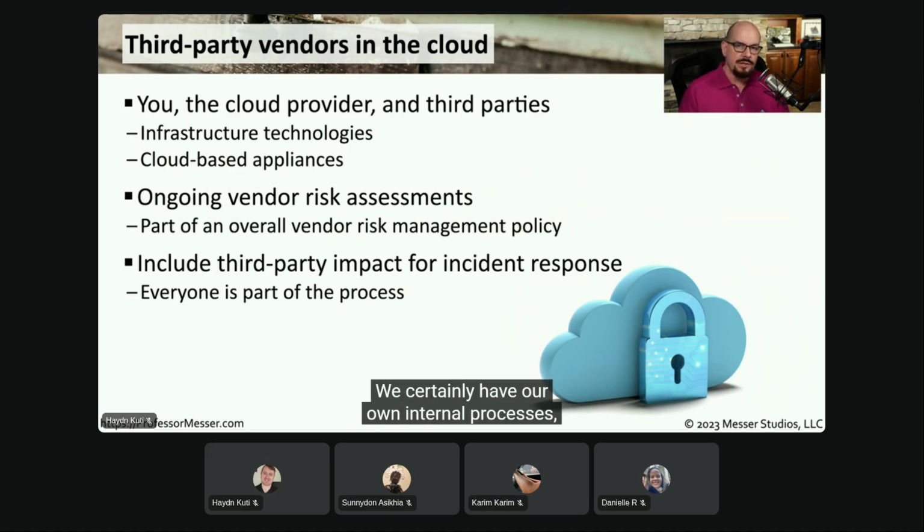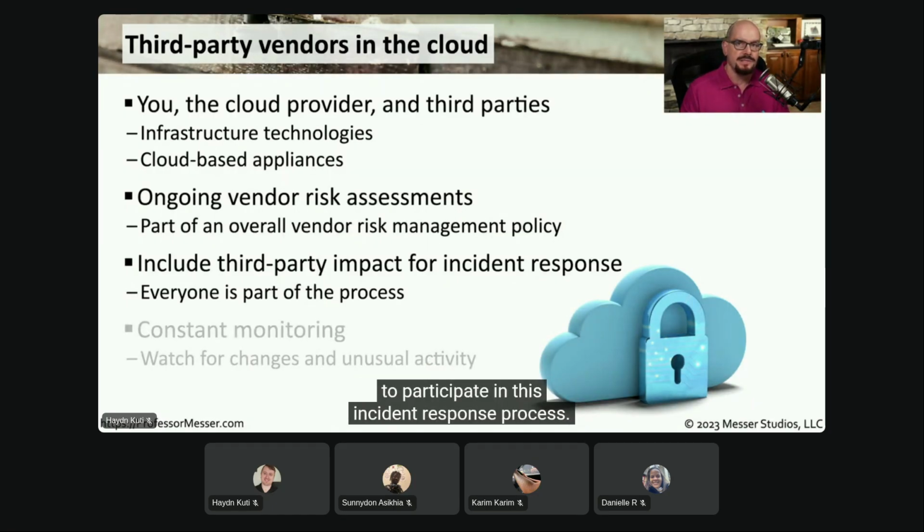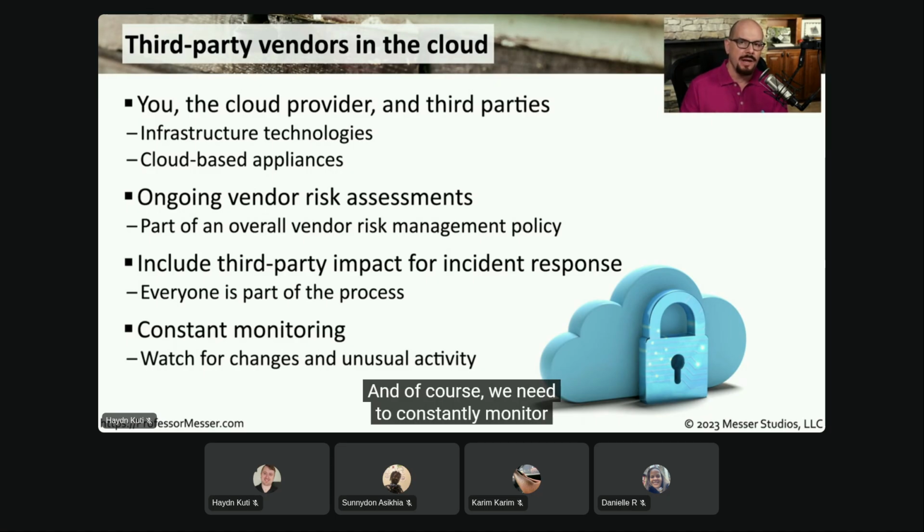We certainly have our own internal processes, and we have the processes associated with the cloud provider, but we also have to bring in all of these other third parties to participate in this incident response process. And of course, we need to constantly monitor these third-party processes and devices. We want to be sure that the security of these systems and the availability is always working as expected for